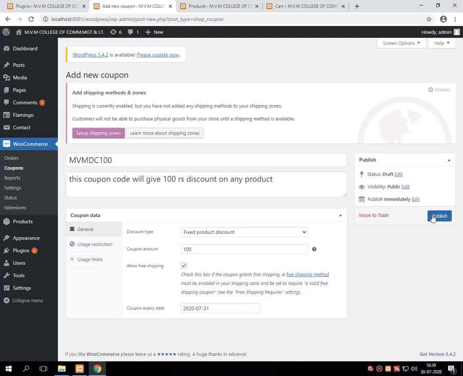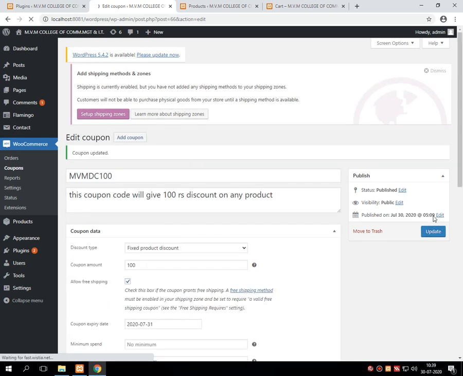Let me first copy this particular coupon code. I am just publishing this coupon. It will take a few moments.